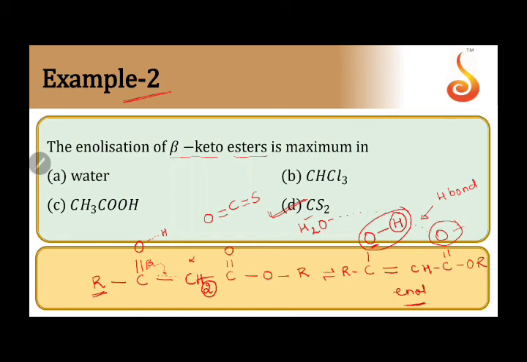It does not hydrogen bond at all with your enol, and hence the enol is stabilized by hydrogen bonding with its own carbonyl group, and therefore it is stable and the enolization observed is maximum. Answer here therefore is option D. It's minimum in A, water, it's maximum in D,